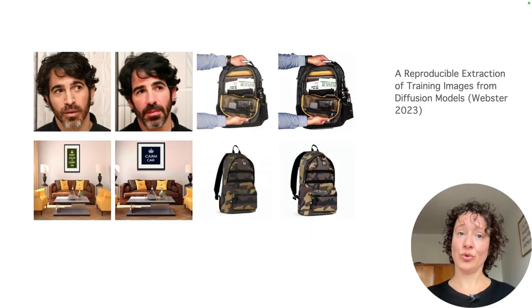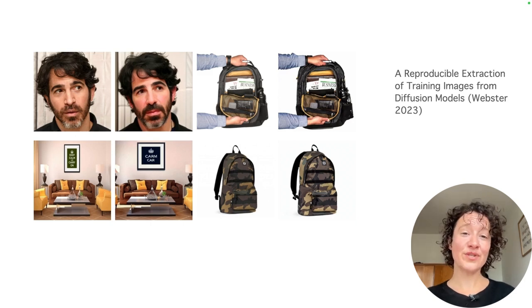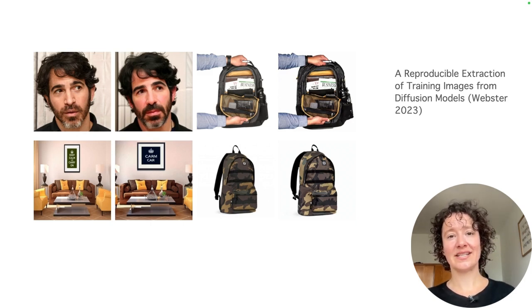And this is doable. This is actually, in some models, easier than one might think. So in this case, this was using the Midjourney commercially available product. And the images that you see on the left-hand side are from the training data. The images that you see on the right-hand side are from prompting the model with the training data text. So we see this is perhaps not a one-to-one, it's not an exact copy, but it's what the author of this paper, Ryan Webster, calls image paraphrasing.